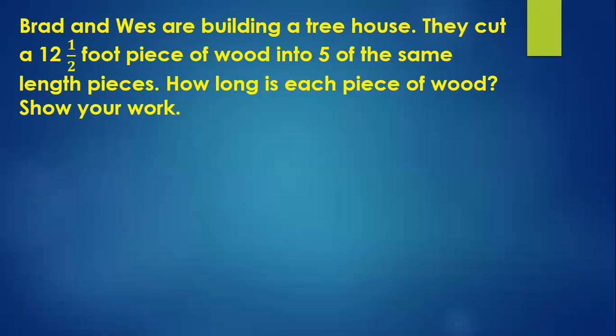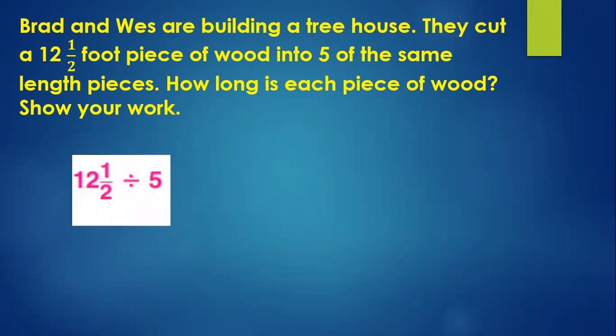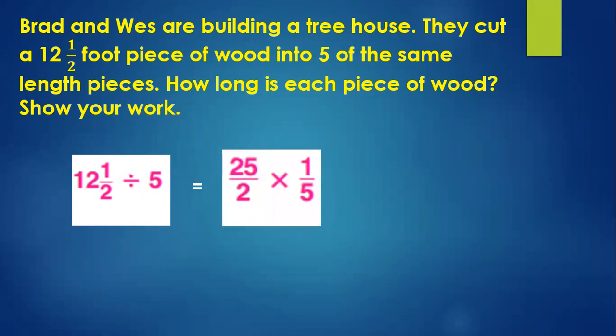Now, Brad and Wes are building a tree house. They cut a 12.5-foot piece of wood into 5 pieces of the same length. How long is each piece of wood? Show your work. So this is again a division problem where you will divide 12.5 by 5. So 12.5 is a mixed number. Change it into an improper fraction. You will get 25 out of 2